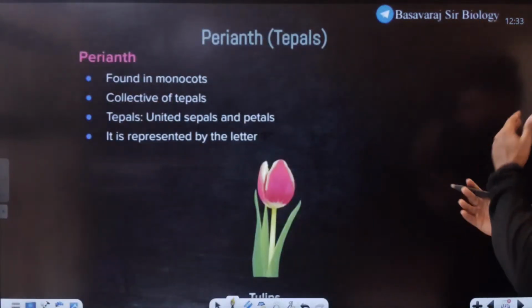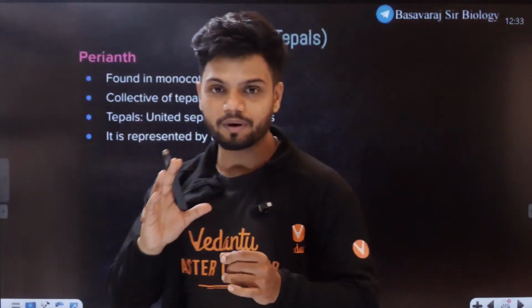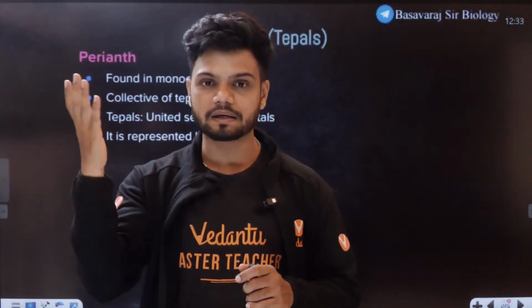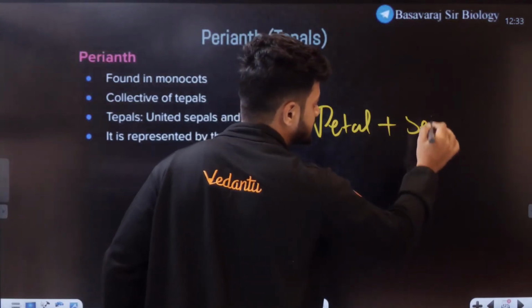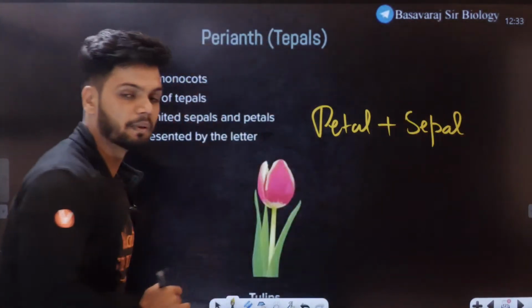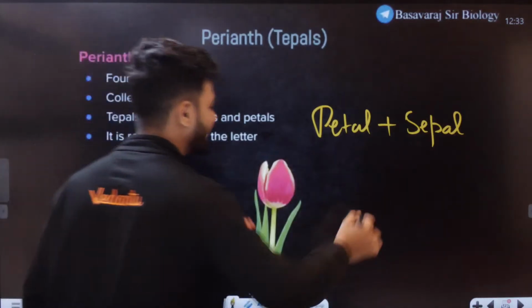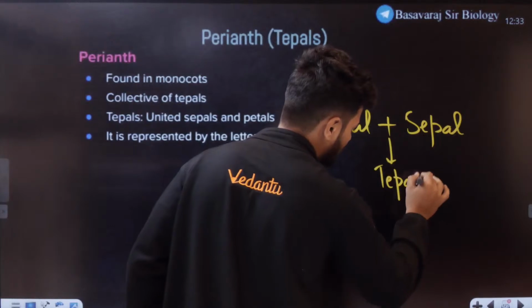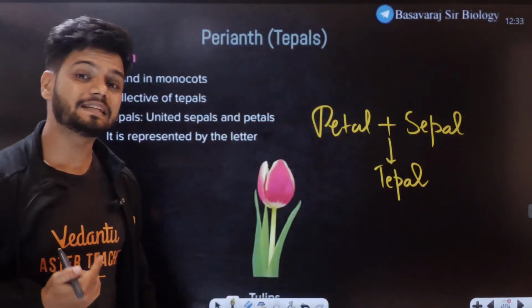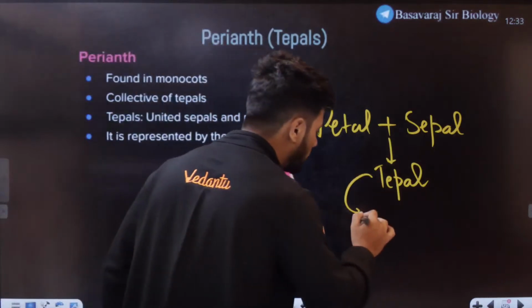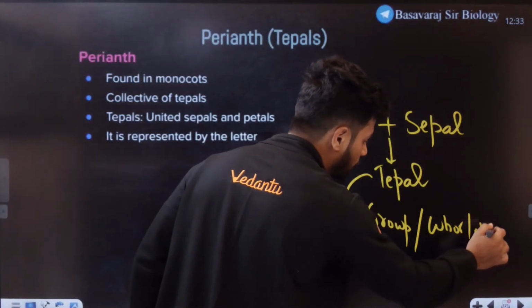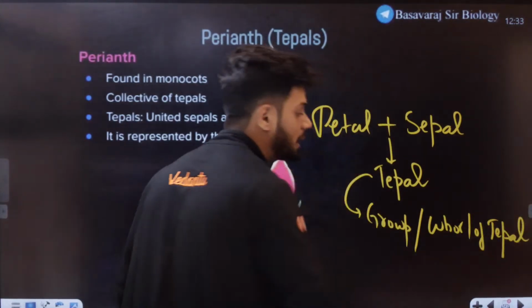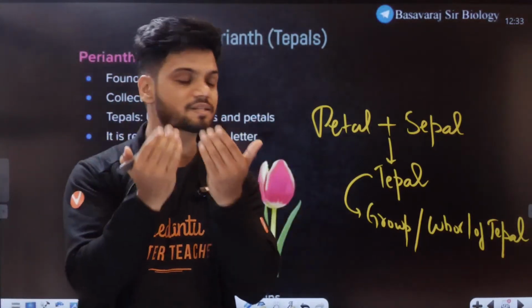Now, what is perianth? Very simple. What exactly happens in perianth? Understand. Petal plus sepal is called a tepal. A group or whorl of tepals. The complete group of tepals is called as